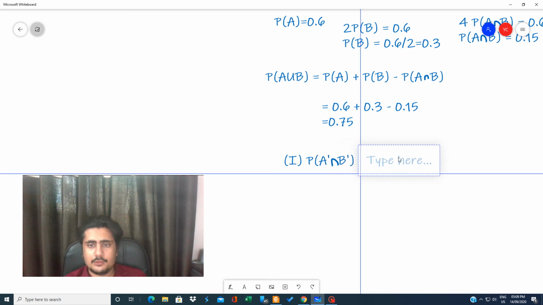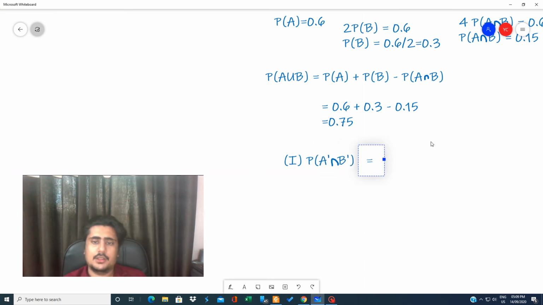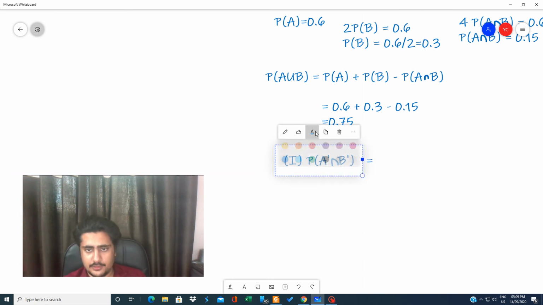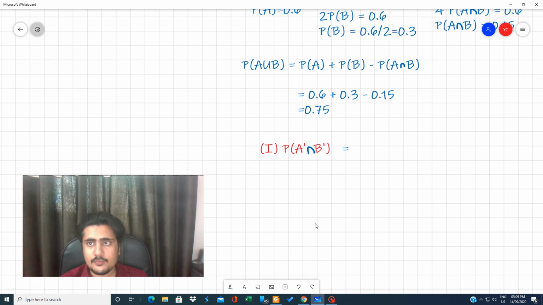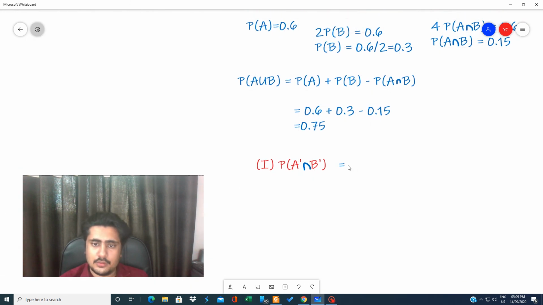See, I am teaching you a trick to solve P of A dash intersection B dash. What we'll do is P of A, B, and dash. See what I have done? There are two dashes in the brackets in the question. I have formed a single dash out of the bracket,